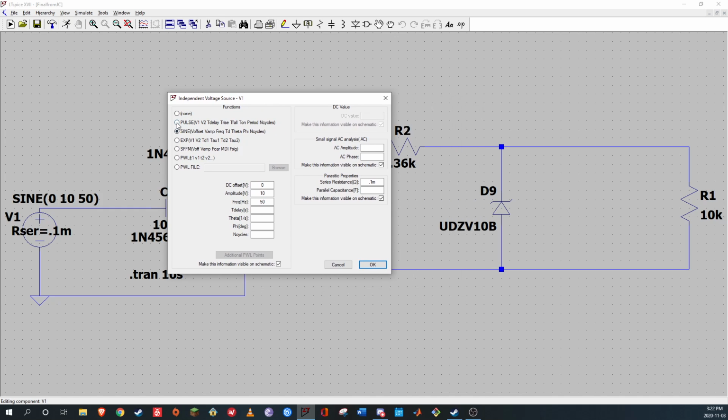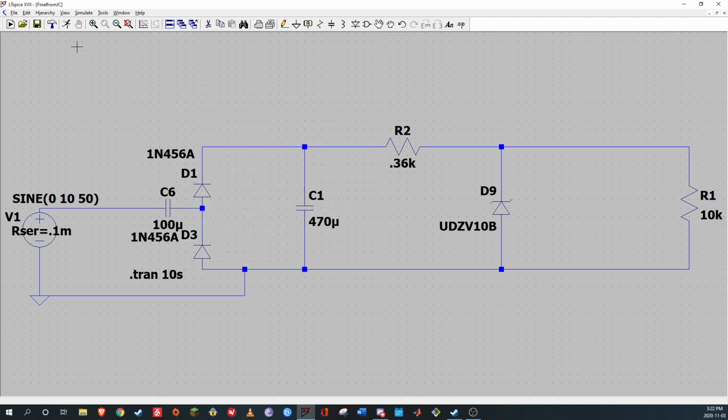All you have to do is select sine, and then you get a DC offset, which normally you're not going to have to worry about unless you're told to have a DC offset or you really, really want to. You can see that our amplitude for this one is 10 volts, frequency is 50 hertz. If we want to look at what that looks like, oh yeah, I forgot when I designed this, I actually used my own